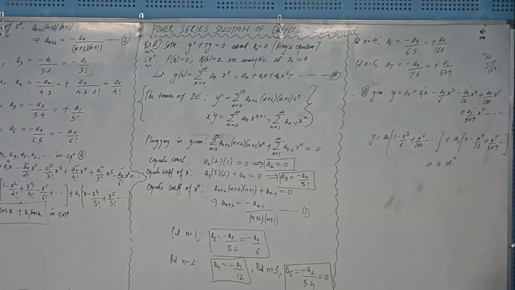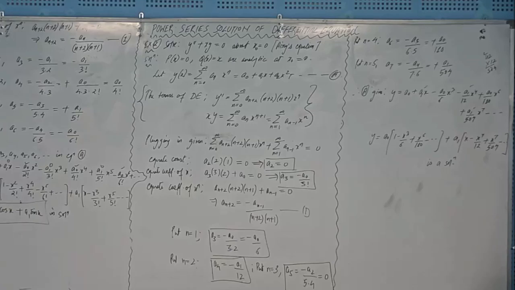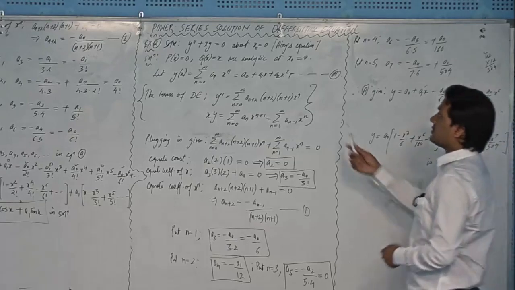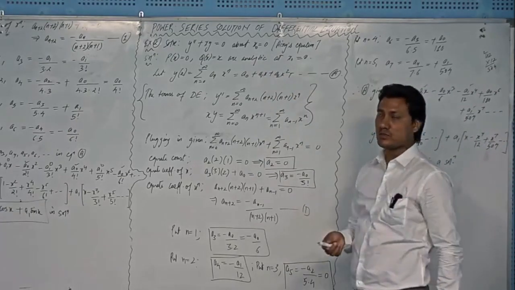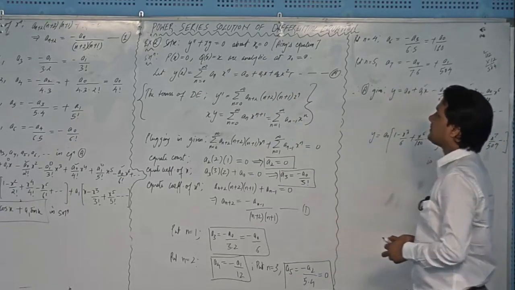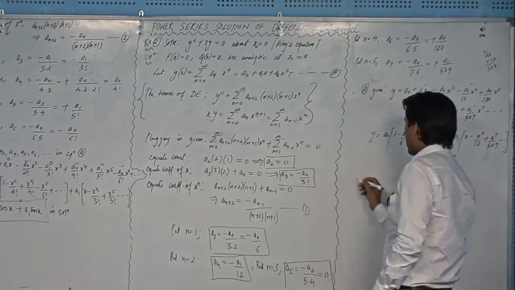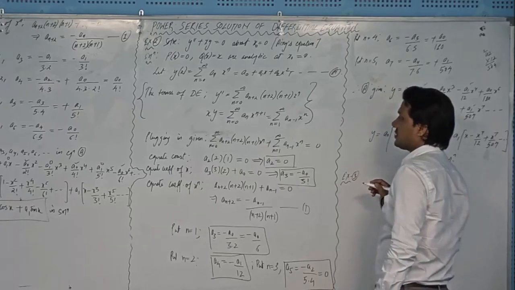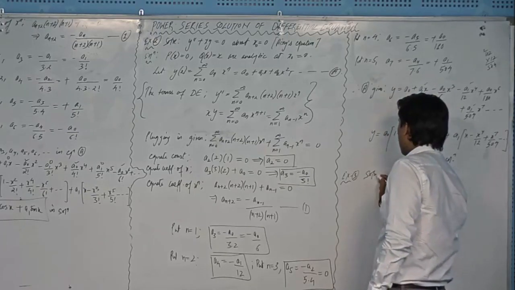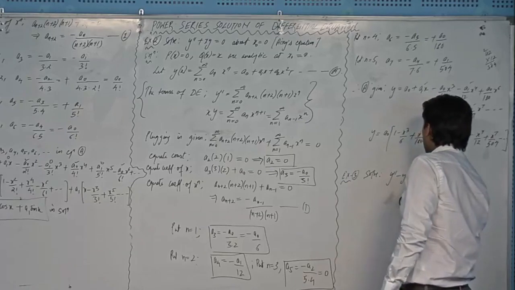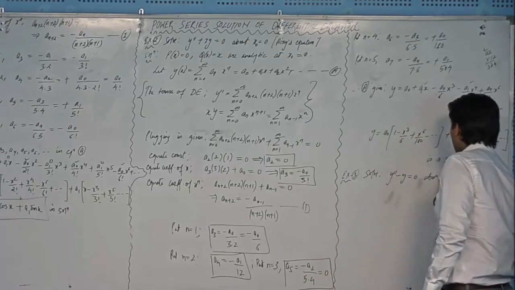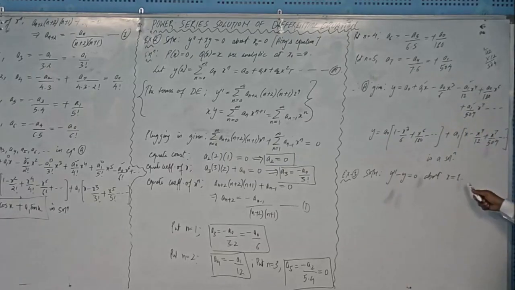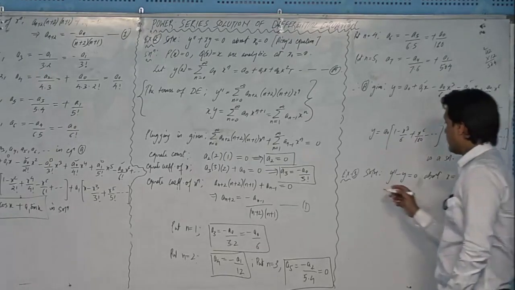Okay, taking another example. Maybe I should change the point, because in two examples I have taken the origin, x naught is equal to 0, right? This time I will change this point. Another example, example number 3, and I will keep the same equation. Solve y double dash minus y equal to 0 about the point x equal to 1 this time, right? So I have changed the point, and when you change the point,